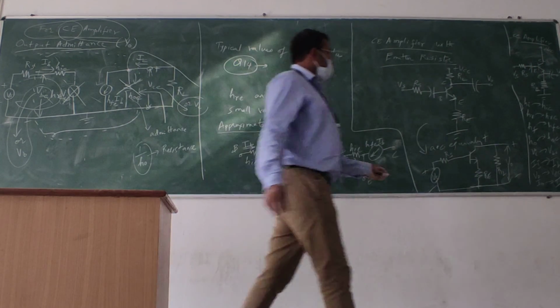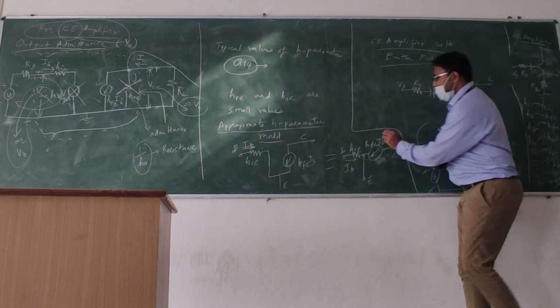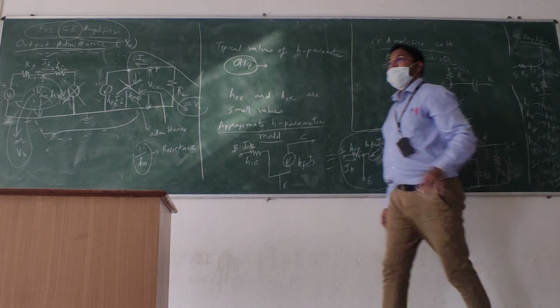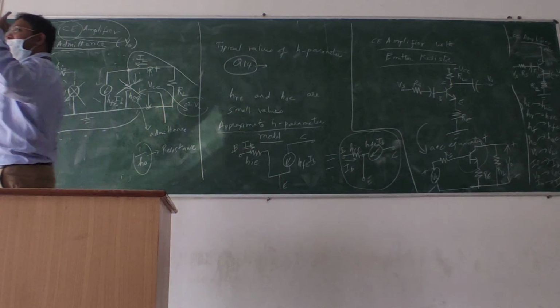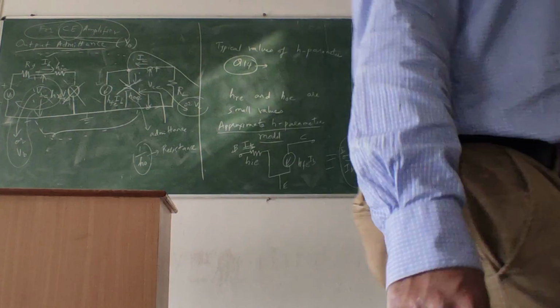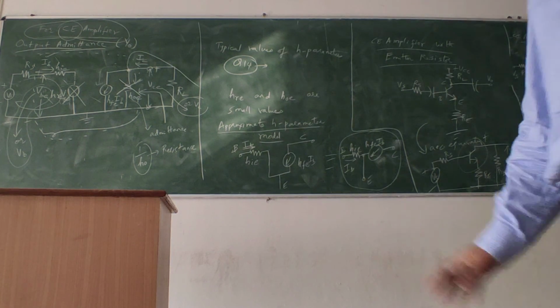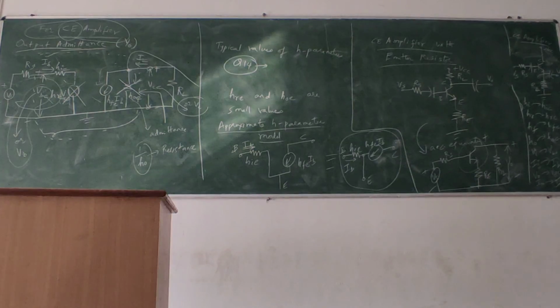Clear? Next, replace this transistor with this circuit. Then apply KVL, KCL, find voltage gain, current gain, input resistance, output resistance. Over. Clear? Try it. As I have said, take it as homework. If you have doubts, don't hesitate to ask in the next class. We did a lengthy analysis earlier; this is a very simple analysis. You can easily do it, provided you do it with concentration. So next class we will start unit 5.